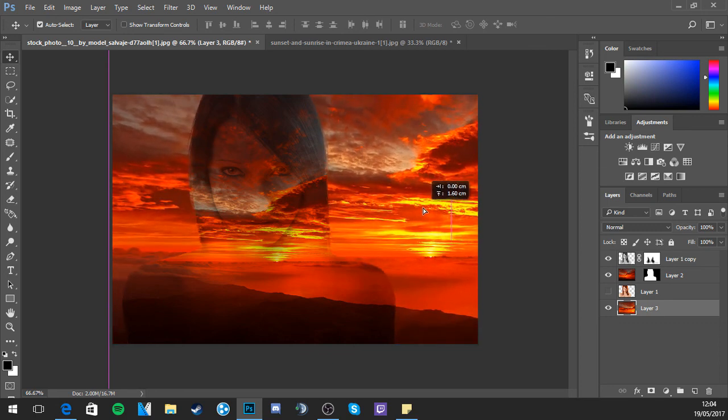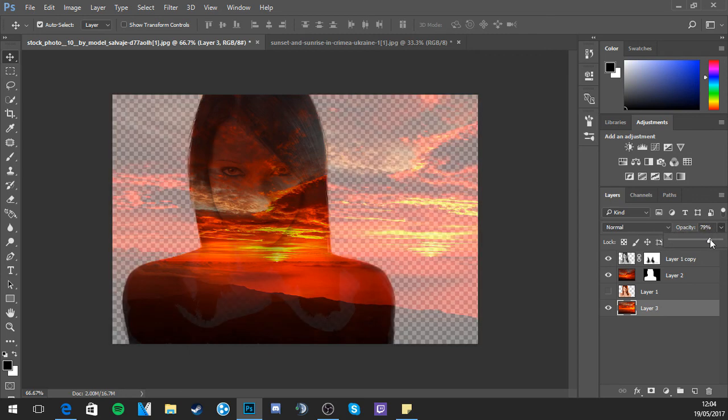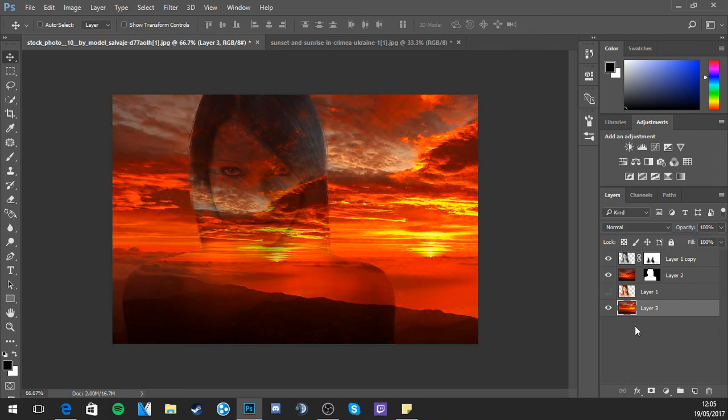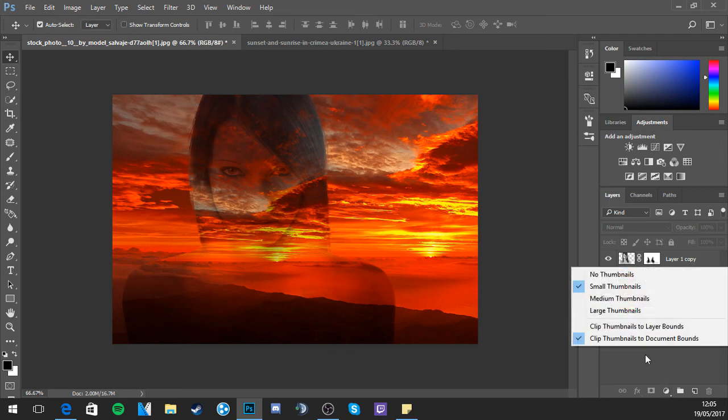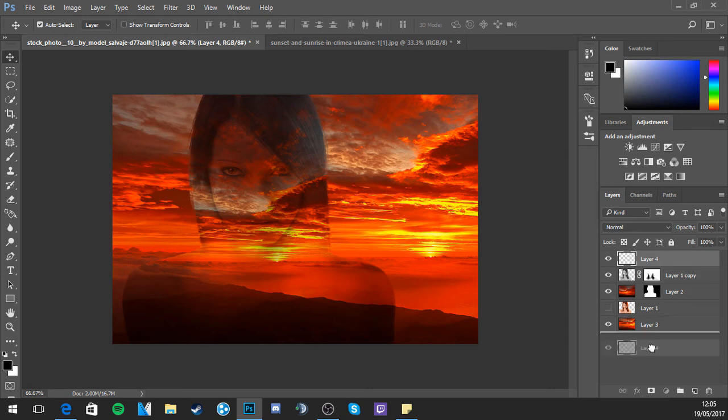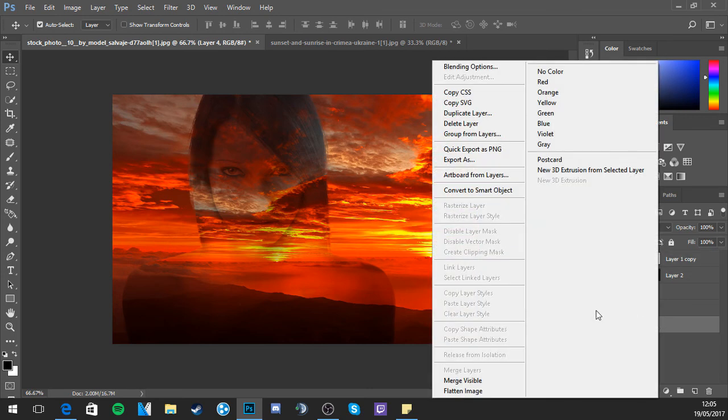If I line that up, oh, that looks dope. Drop this down a bit. Oh, it looks like we actually do need a background there. That sucks. So I've apparently just got rid of my background. Is there a way to make this a background there?